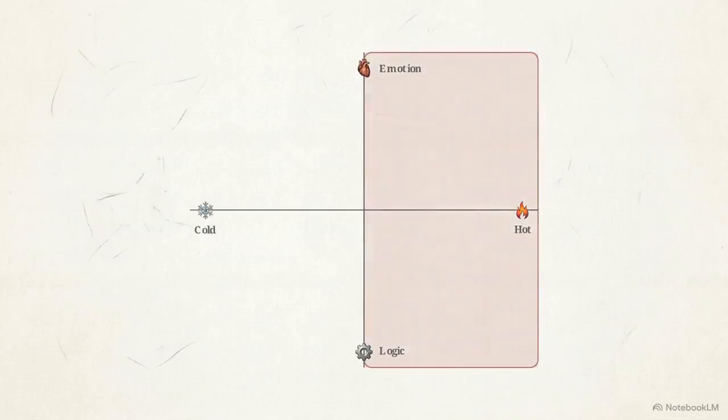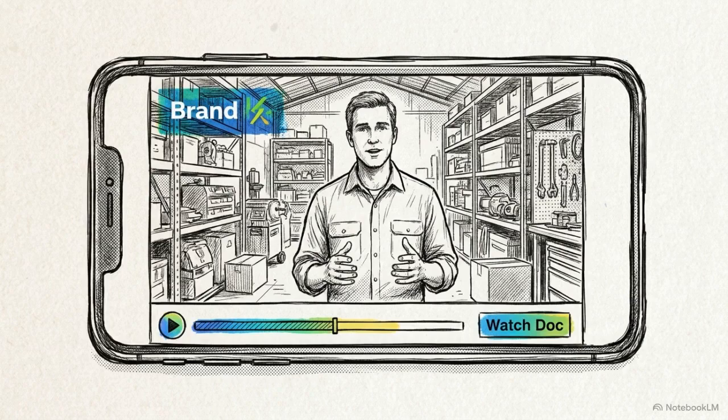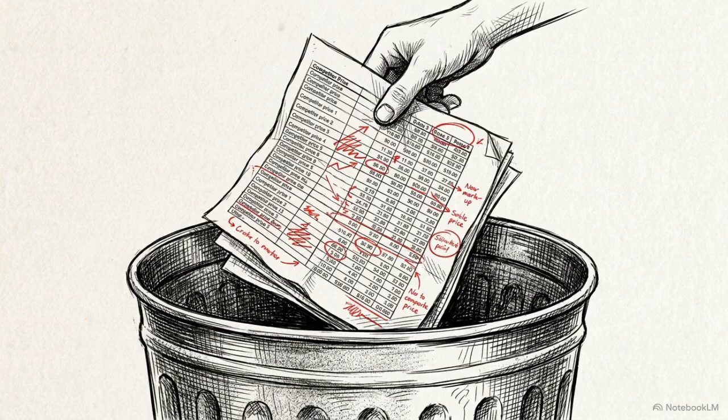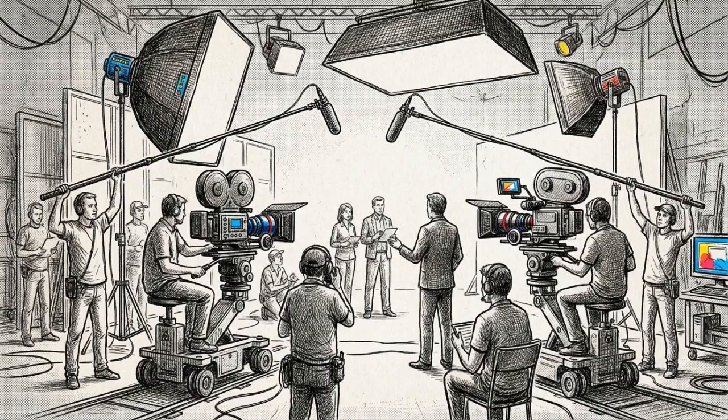Now we look at the final stages, securing long-term brand loyalty and getting the immediate conversion. Archetypes like the founder story or the identity mirror are designed to build a deep connection. When a customer aligns with your values, they stop comparing your prices against the competition. The trade-off is that building this brand moat is expensive. These stories require heavy creative resources, and they yield a very slow direct response return on investment.